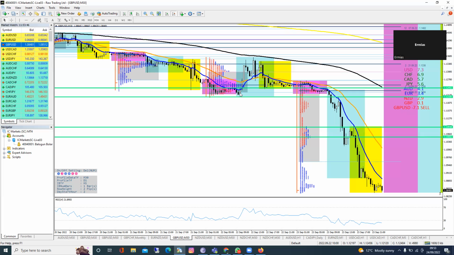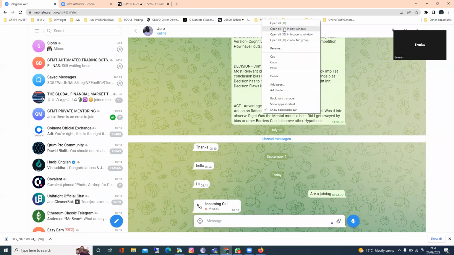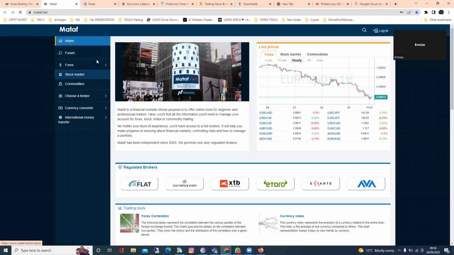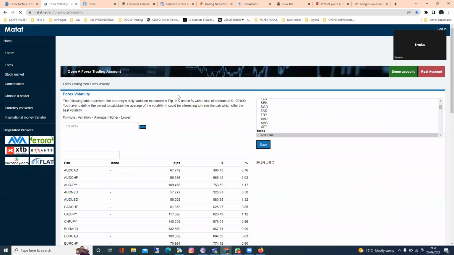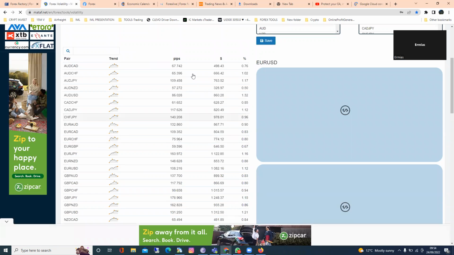So what is a pip? Right. A pip is the unit of movement of any currency pair. Each and every currency pair depends on its exchange rate, so their pip values are different. Say, for example, if I go to this tool, you can actually see what the pip value of each currency pair is. Some of them are $10, some of them are less than $10, some of them are about $7. All right. So let's say, for example,